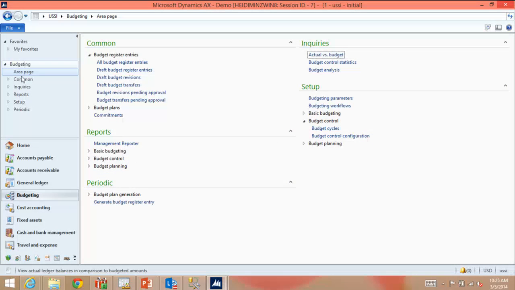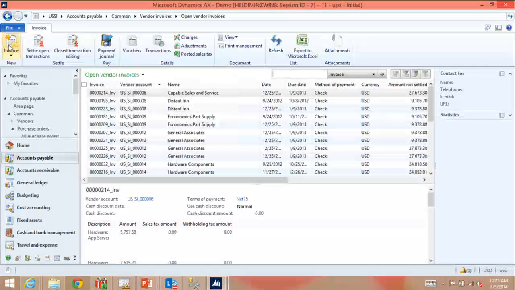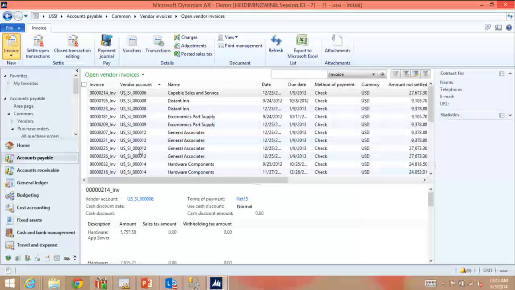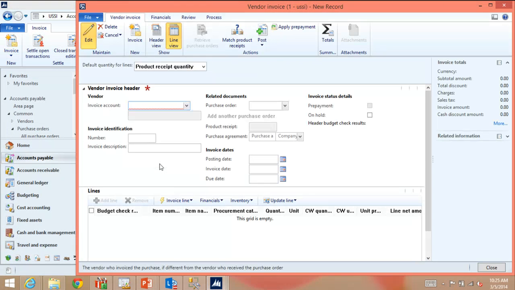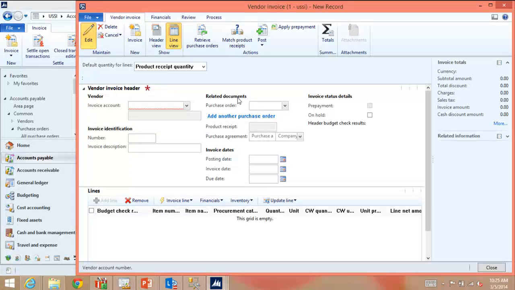Close that. So I'm going to go into create a vendor invoice against this. And some of the new capability that was added in AX 2012 was related to two-way matching. So lots of organizations use three-way matching when goods are involved or inventory is involved, but we also had requests for two-way match as well for service organizations. So just to highlight that capability is available and can be configured as part of the accounts payable parameters to specify the rules or thresholds for two-way matching as well.